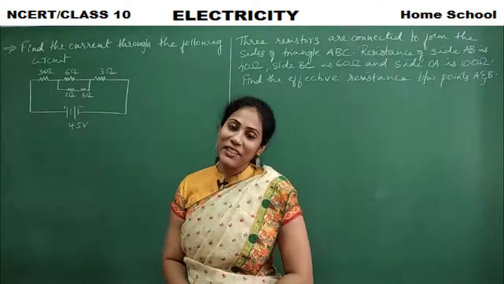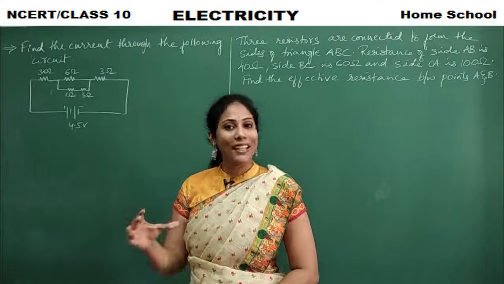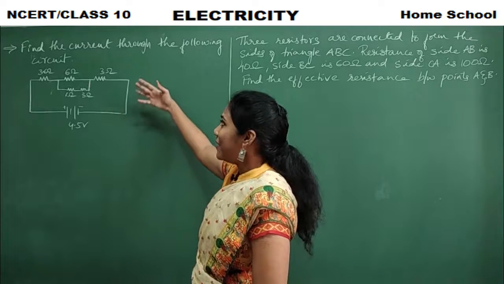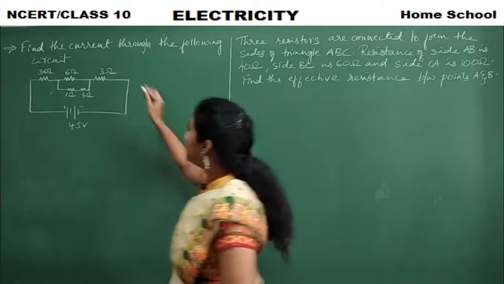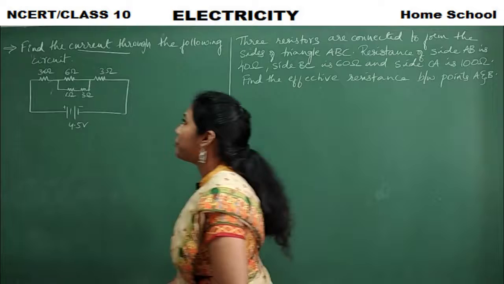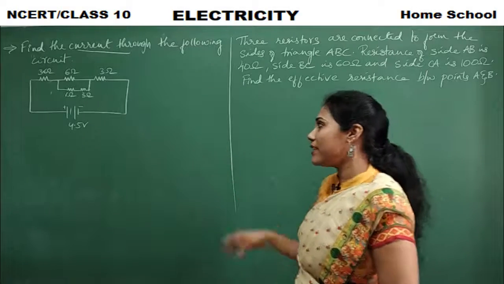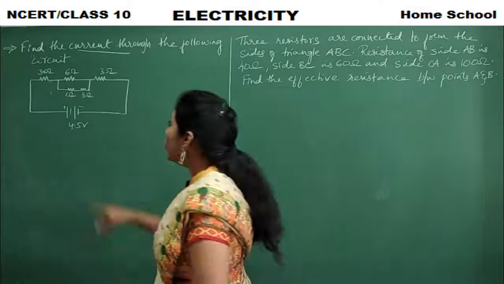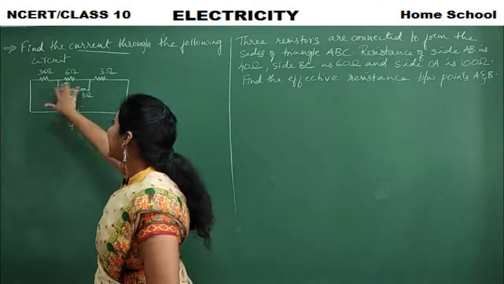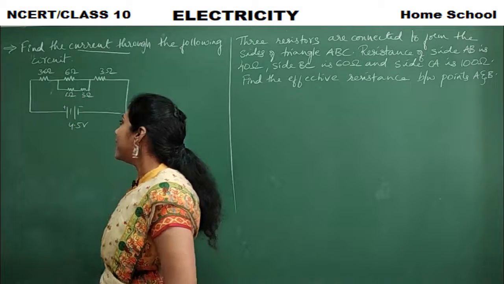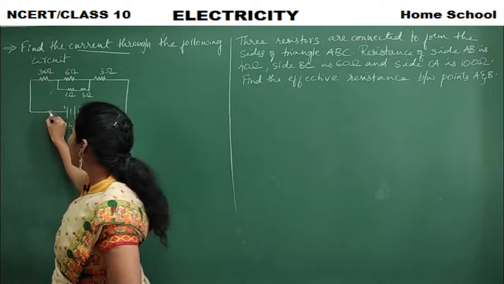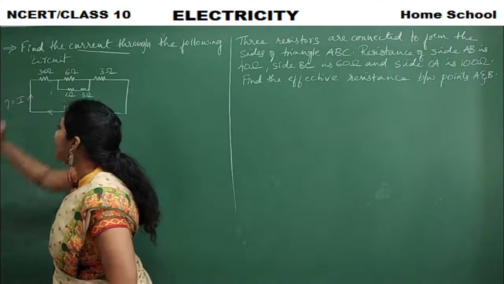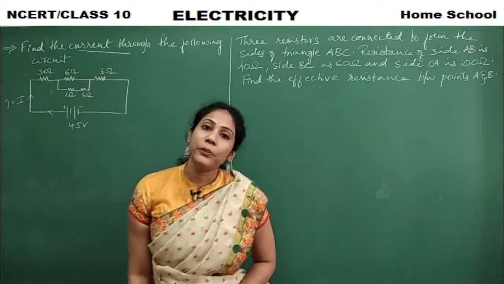Let's look at the third question, series and parallel combinations. What they are asking you to find out is the current through the circuit. The circuit has been given, right? Total current you have to find out. Voltage is given. Many resistors have been connected here. So definitely current will flow from the positive end, that is I. I is the question mark here. I you have to find out.